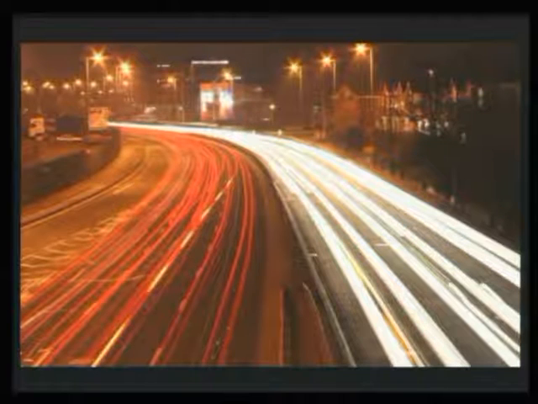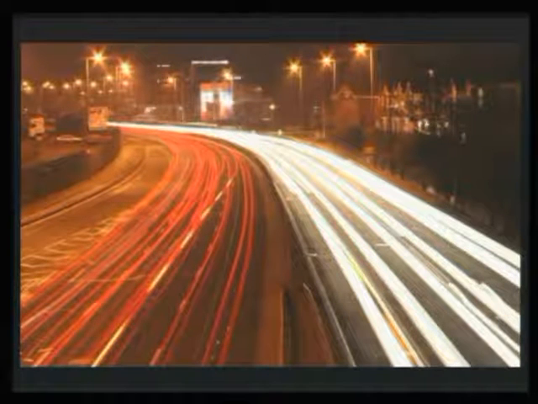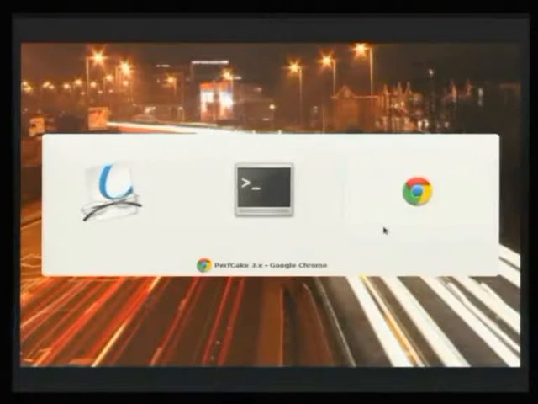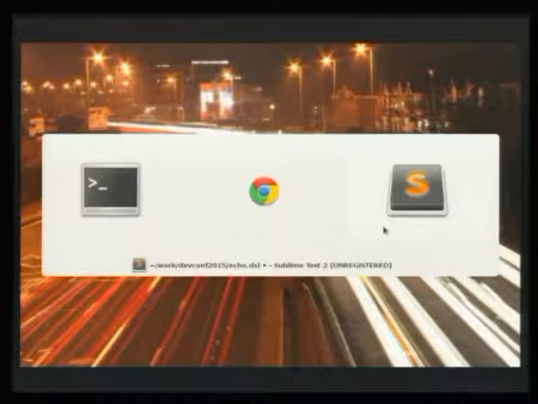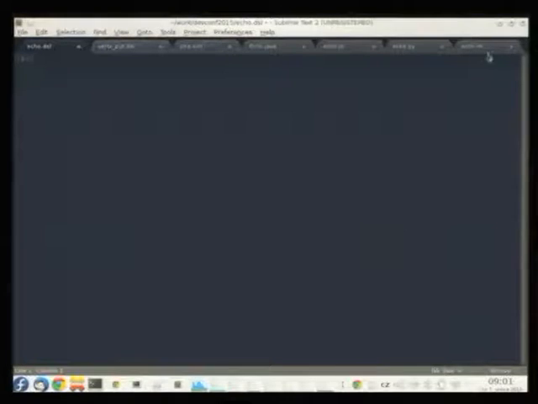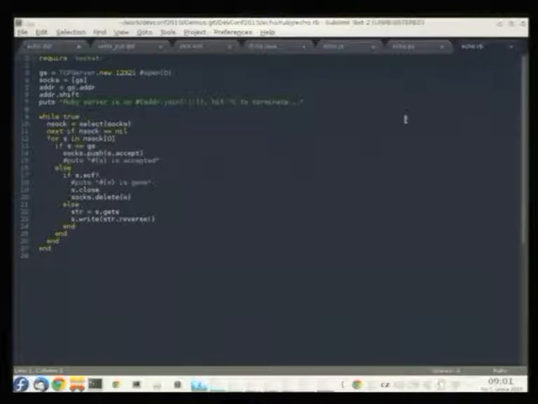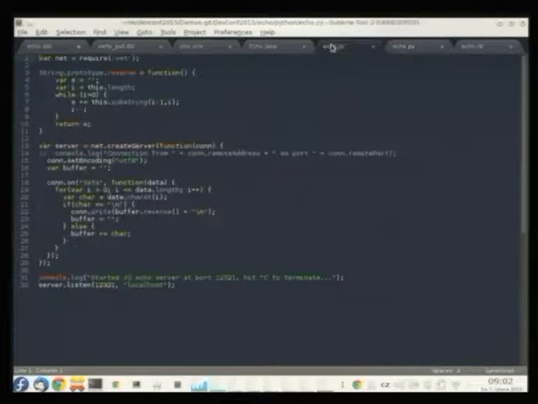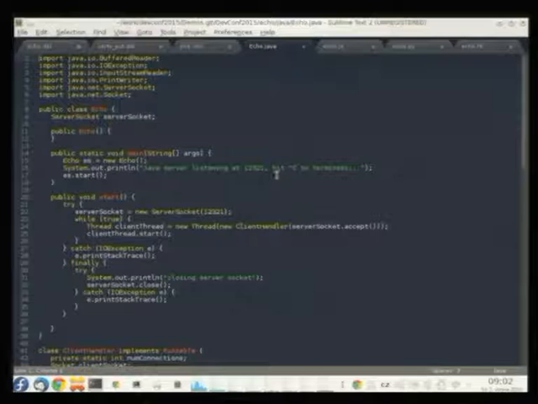So the thing is that we developed a very simple service that just listens at some TCP socket and receives a string, reverses it, and sends it back. And we have developed this service in these 4 different languages. So this is the Ruby implementation. Python. This is JavaScript, which will be executed using Node.js. And here we have Java.